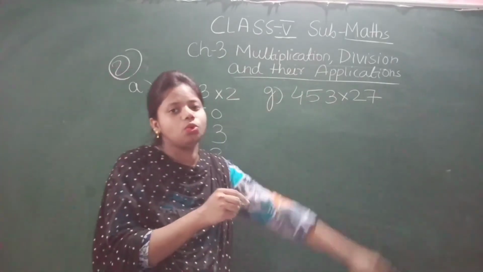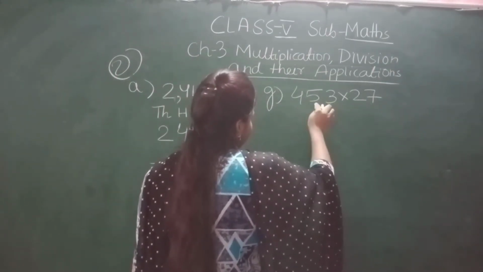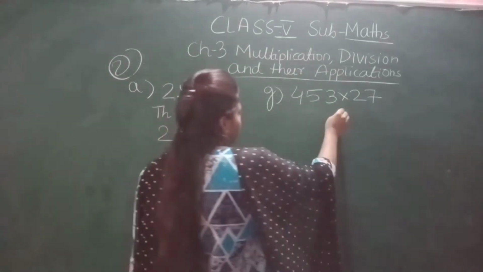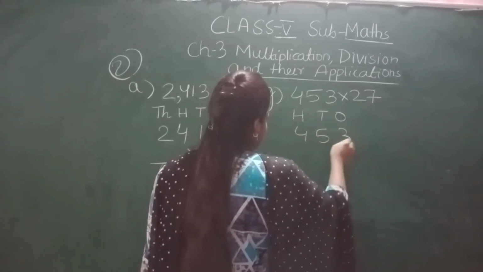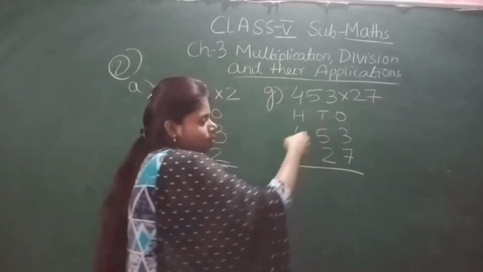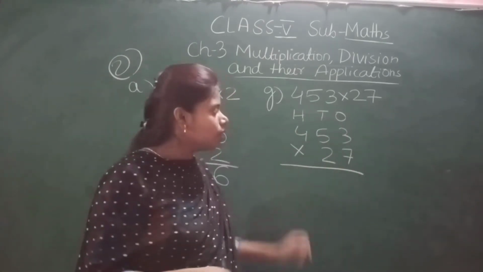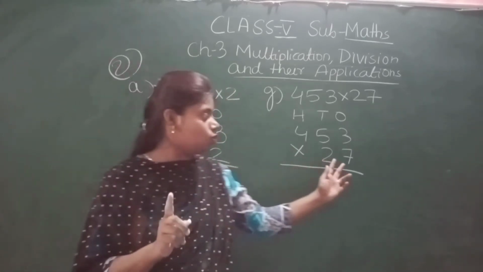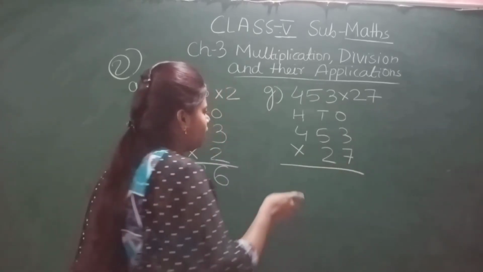Okay. Now let's do it with a 2 digit number. Now here you see it is a 3 digit number: ones, tens, hundreds. Multiplicand is up to hundreds place. Okay, so ones, tens, hundreds. 4, 5, 3, and you have to place it this way. Understood? Why I am writing ones, tens is so that you can place it in the proper column. Now let's multiply. This multiplication is also very easy. Now see how to multiply.